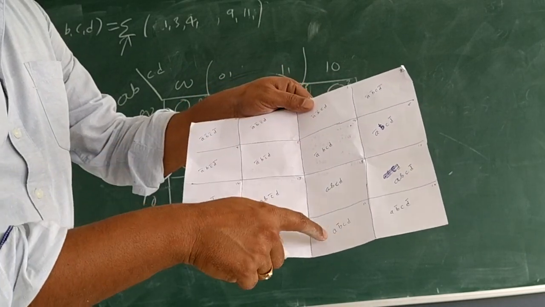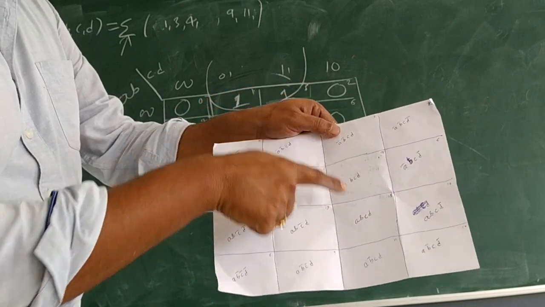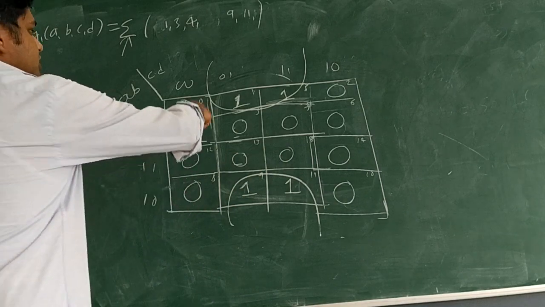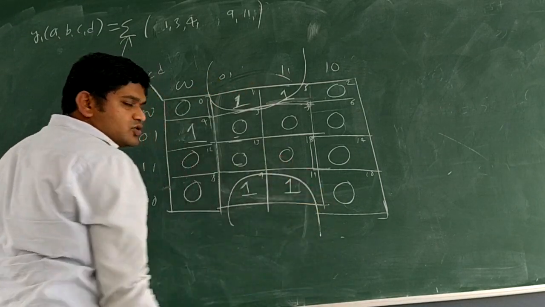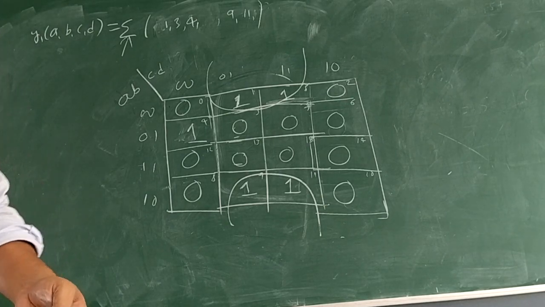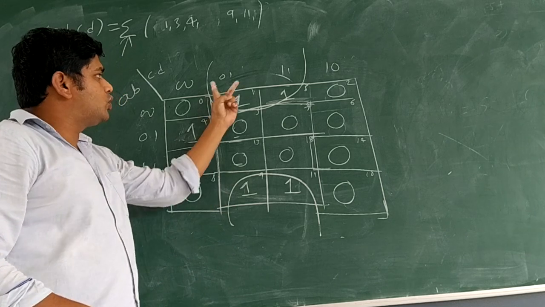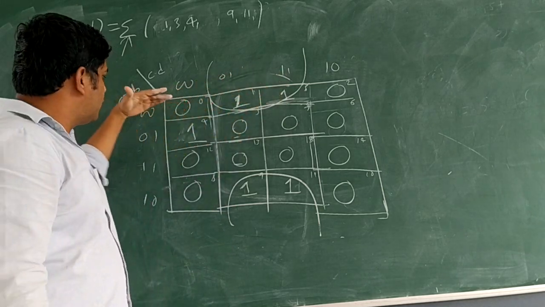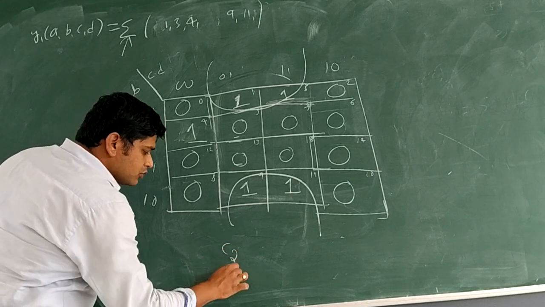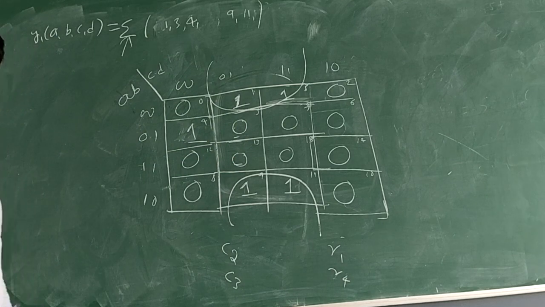Okay, this and this. A complement is the difference, means A bar here, A here. Here also A bar and A. That means these two are adjacent with these two by fold method. How to write a function that time? See now, cover is between column 2, column 3, row 1, row 4.